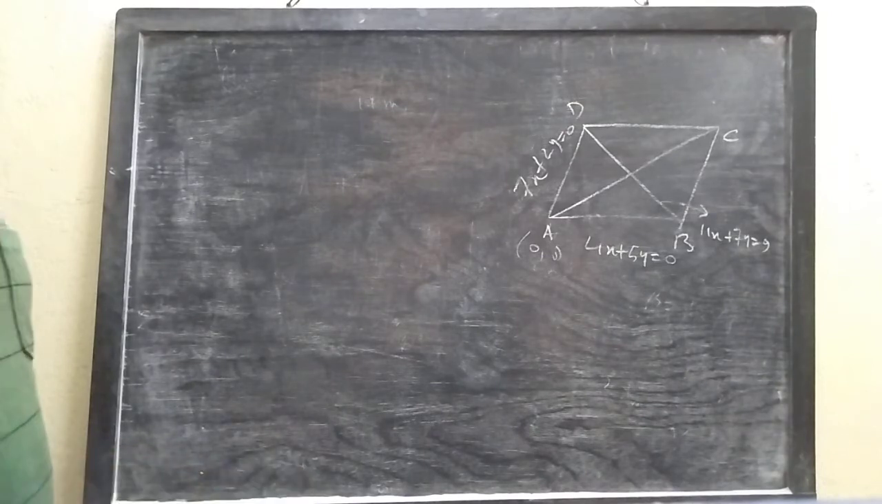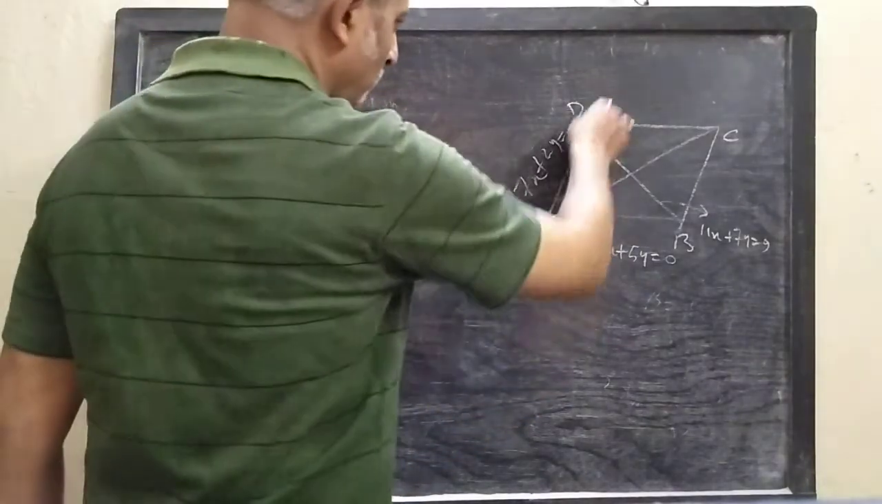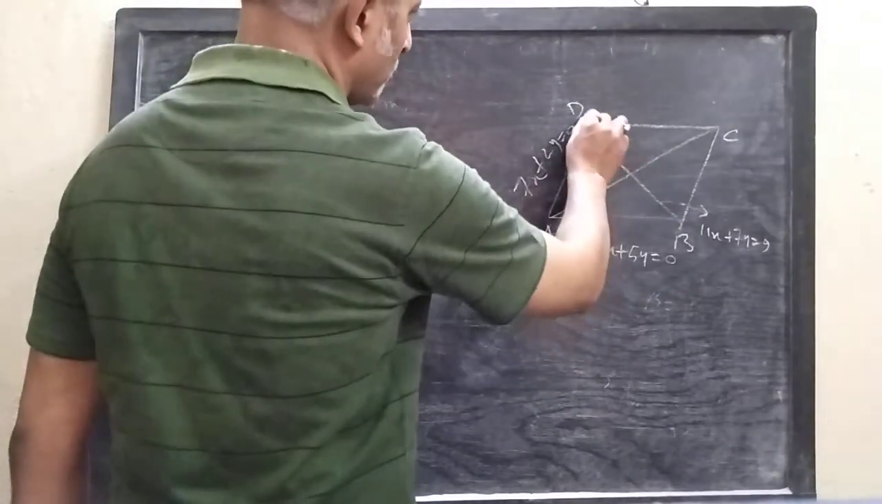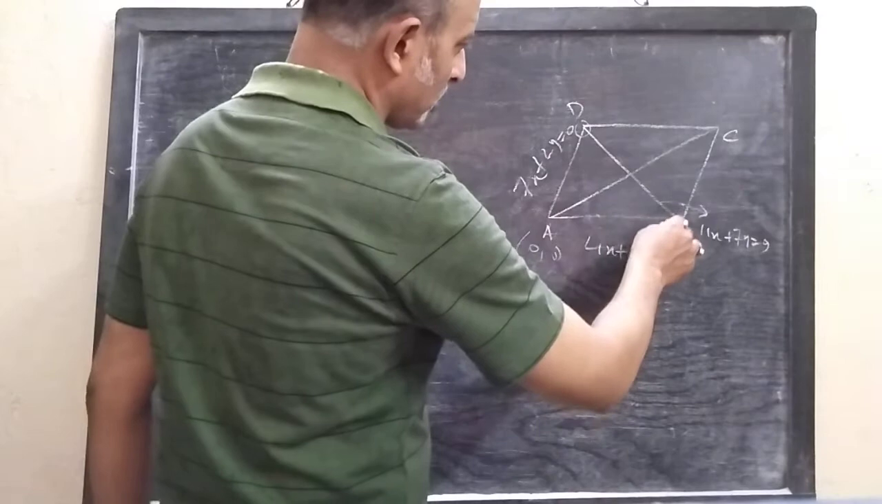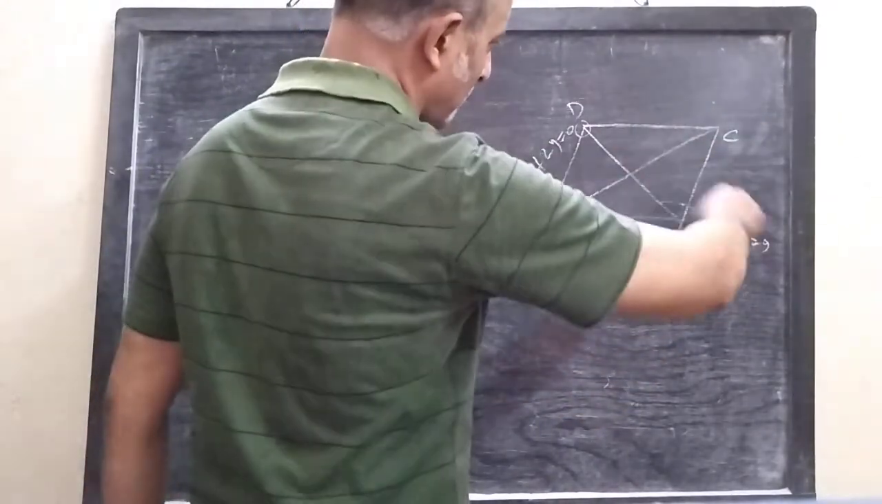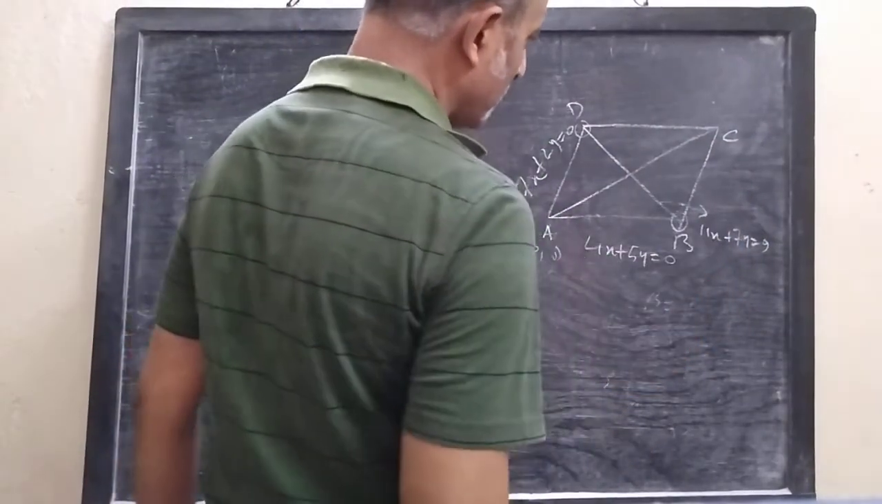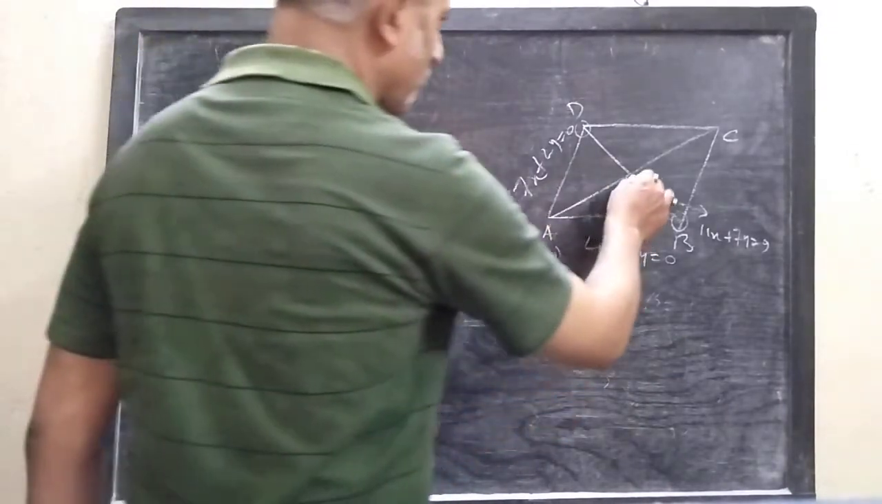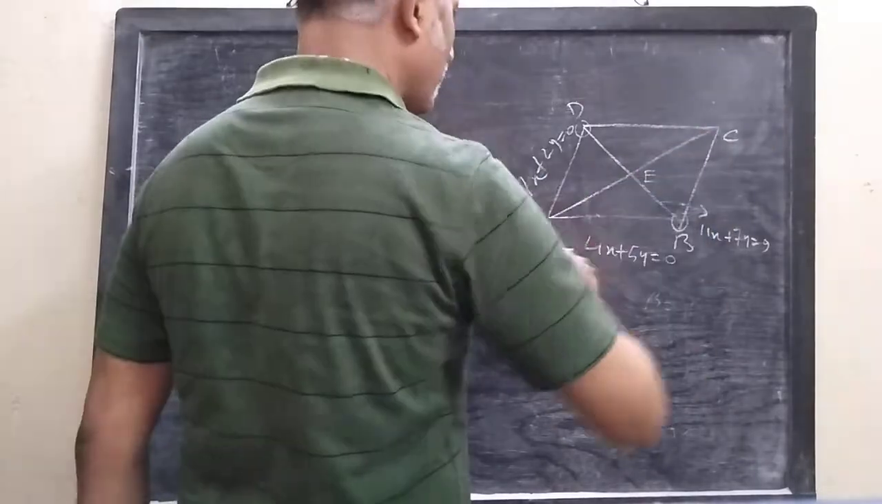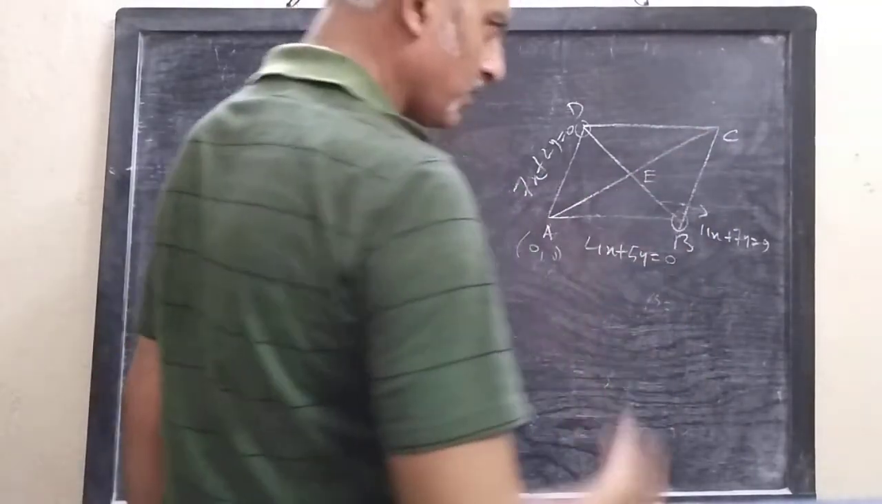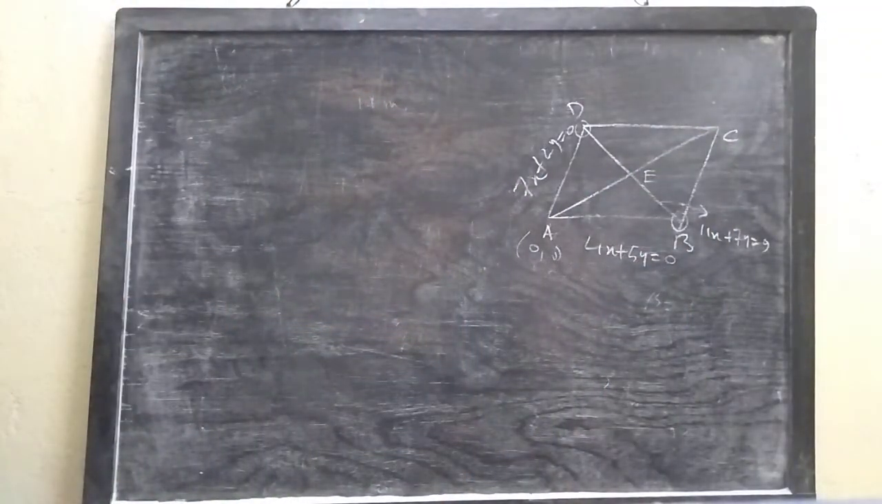Now, follow. We know the equation of AD, we know the equation of BD. So solving them, we can find the coordinates of D. We know the equation of side AB, we know the equation of diagonal BD. So solving them, we can find B. So after getting B and D, we can find the midpoint E of BD, and then diagonal AC, which passes through A and E, we can find it. So first,